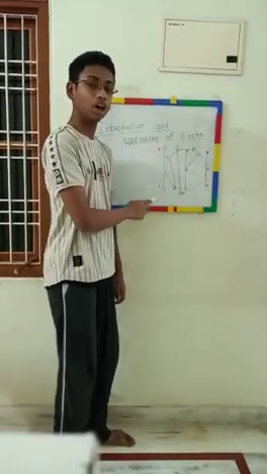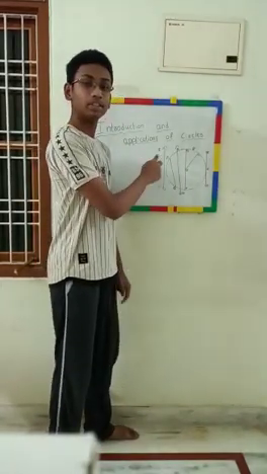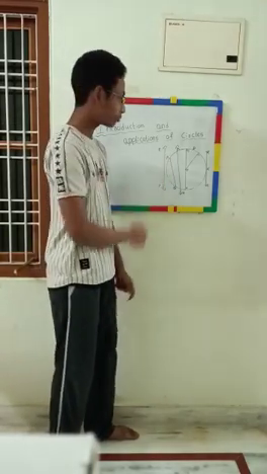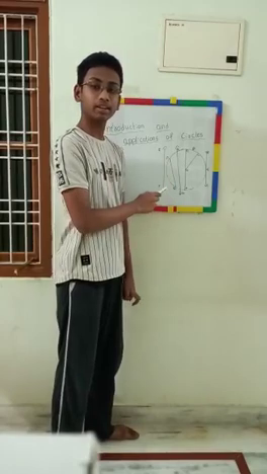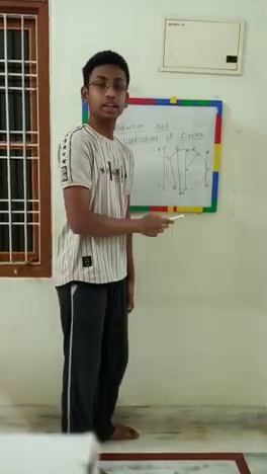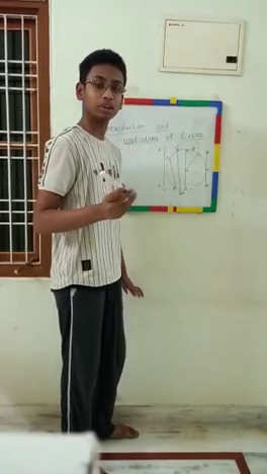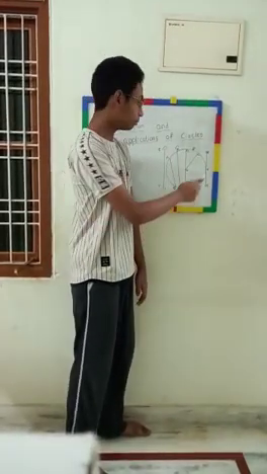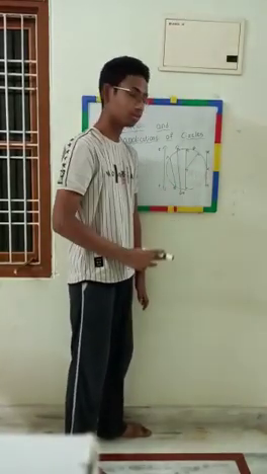Non-intersecting line. A non-intersecting line is a line which has no common points between circle and a line. Secant. A secant is a line which has 2 points on the circle. Tangent. A tangent is a new word maybe for you. A tangent is a line having only one point at the point of contact, that is T.